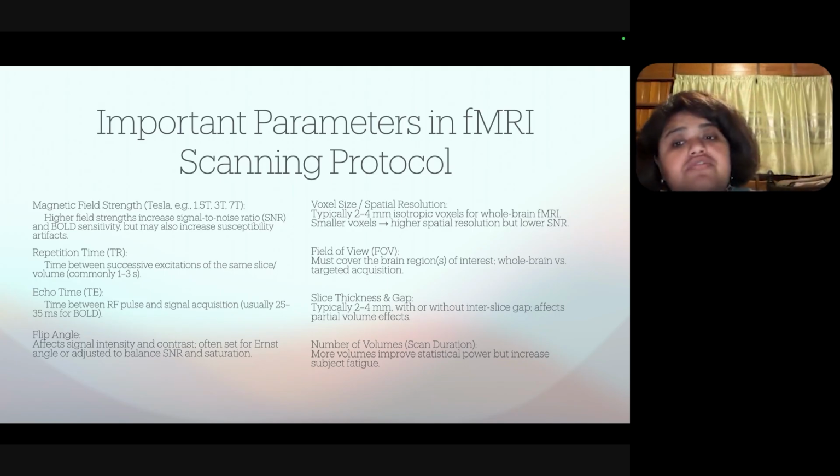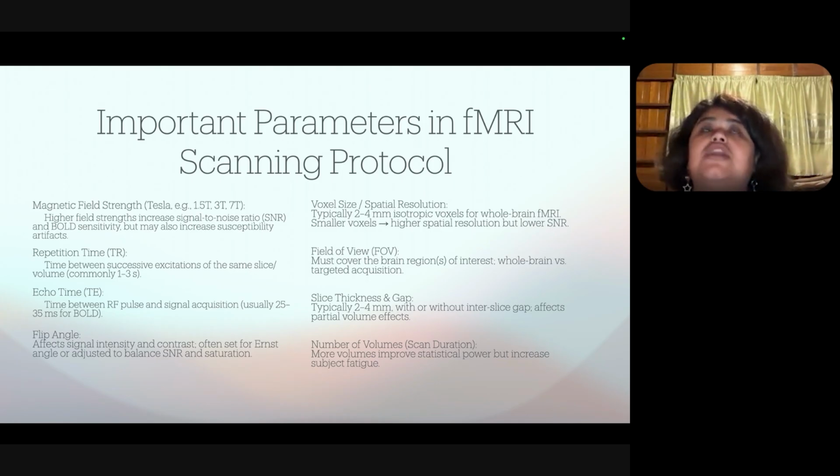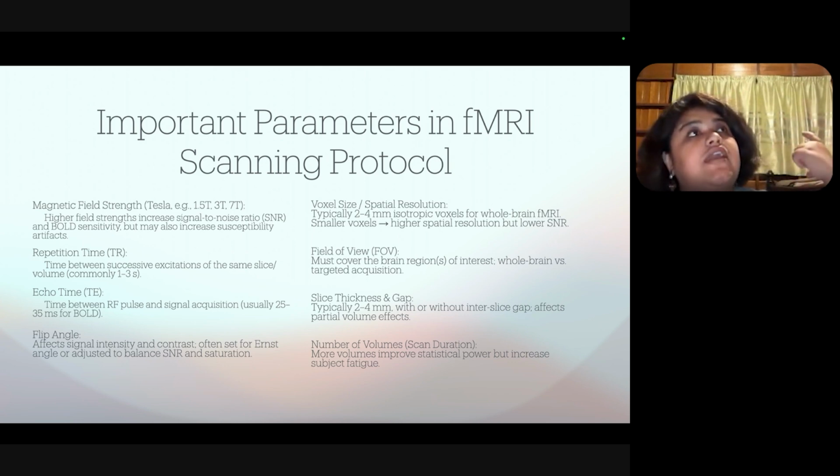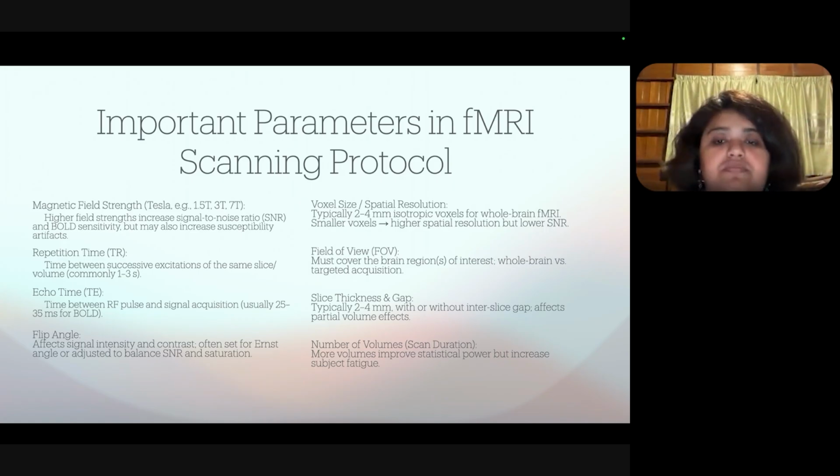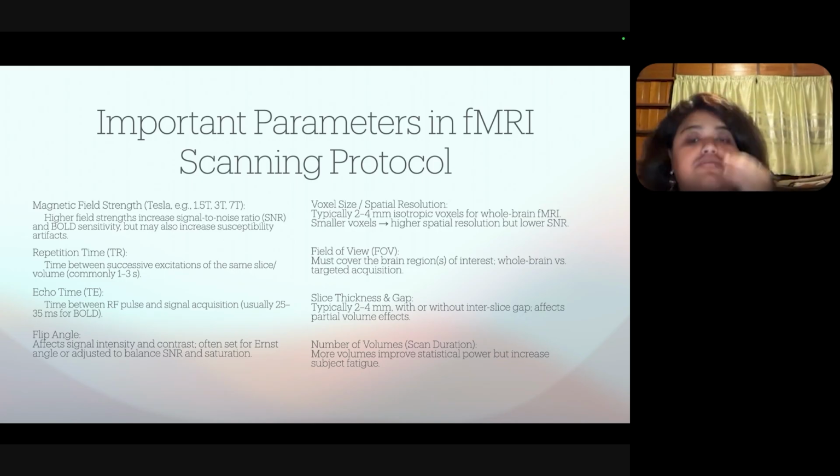Then we have field of view. Field of view basically is a window that we get in our computer that you can set for the participant's brain. Usually FOV, or field of view, is kept near the region that you are interested in. So if you are, suppose, interested in the basal ganglia, then you will have to keep it in the middle of the brain so the basal ganglia can get scanned, or you can get the image of the basal ganglia. That is why field of view is important. Again, field of view will always be dependent on the brain region you are studying.